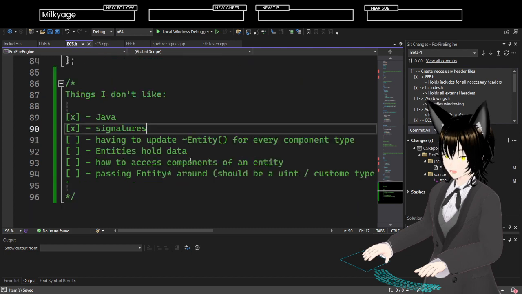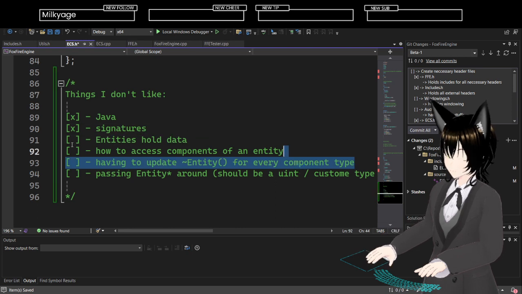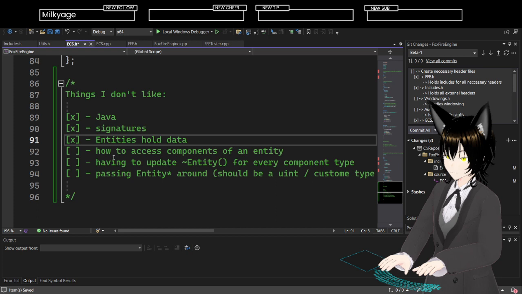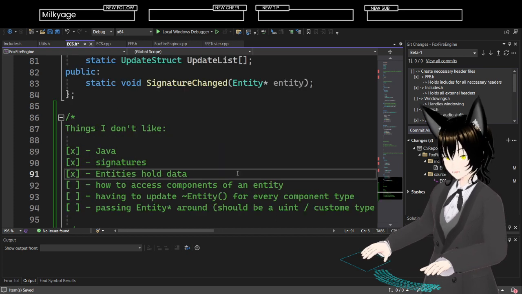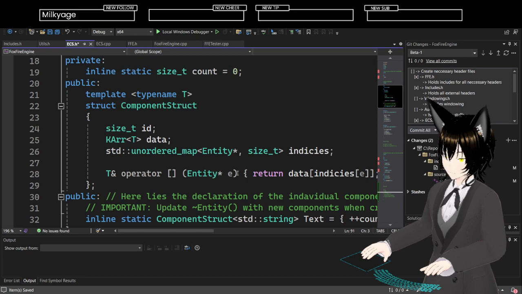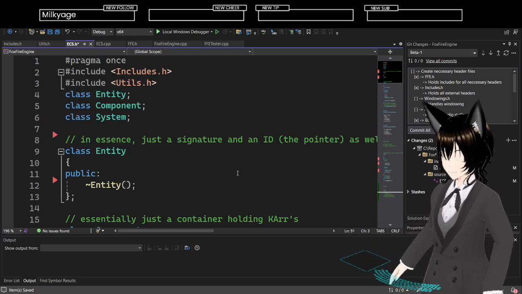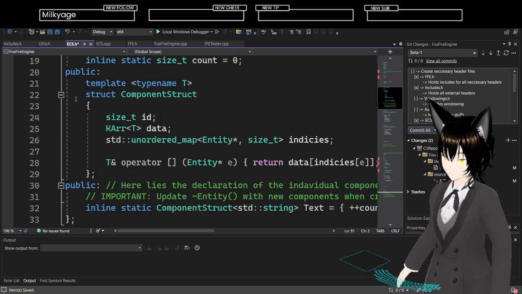Lowercase x is fine. This is still a thing. This is a thing that's now a thing to be done. Right? So I need to rewrite a bunch of stuff now. But removing signatures for now, I may change them to be a list of like component IDs or something along those lines.